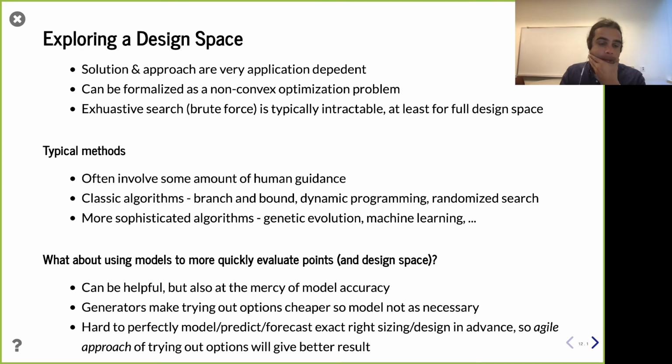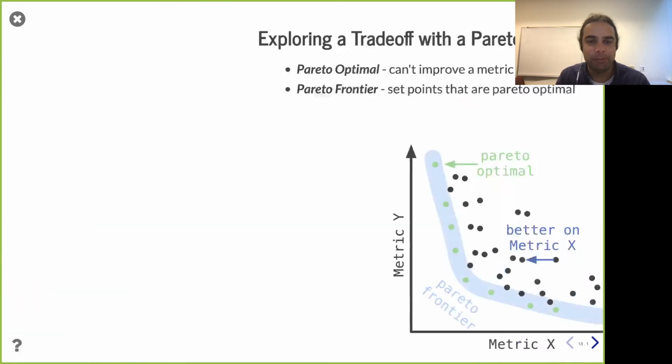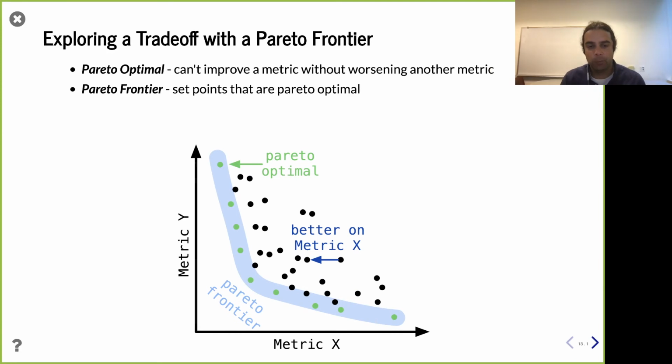Okay, so at this point we're saying you have a lot of choice in design exploration. You can do various things, but how might you even explore this, right? Well, one concept I want to leave you with is this notion of Pareto optimality. This occurs when you've done everything you can to reduce the number of metrics, but at some point you still have more than one metric left. So if you have multiple metrics to optimize,